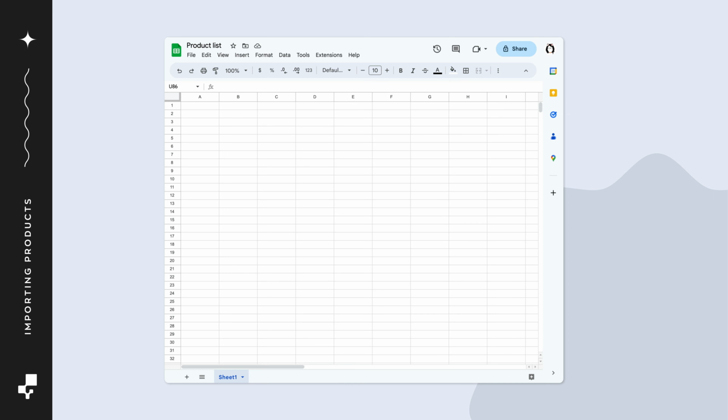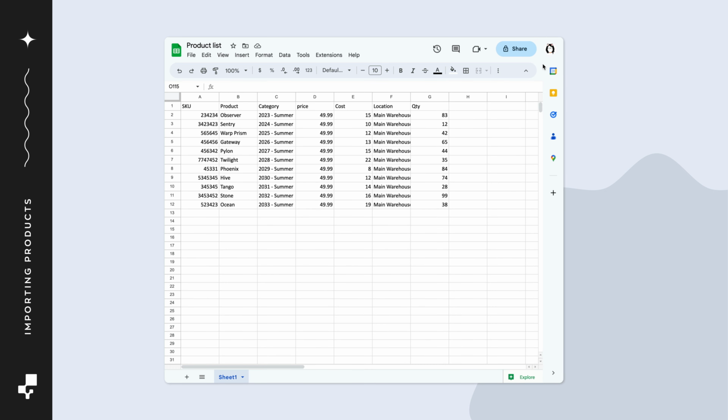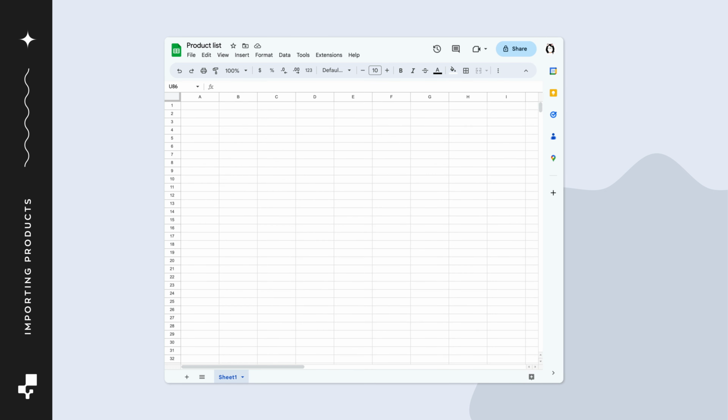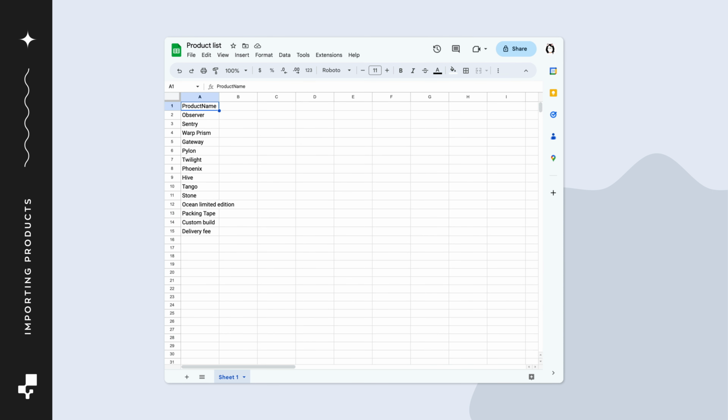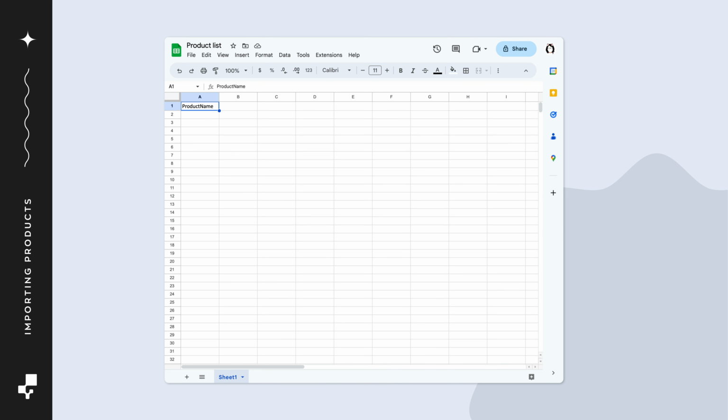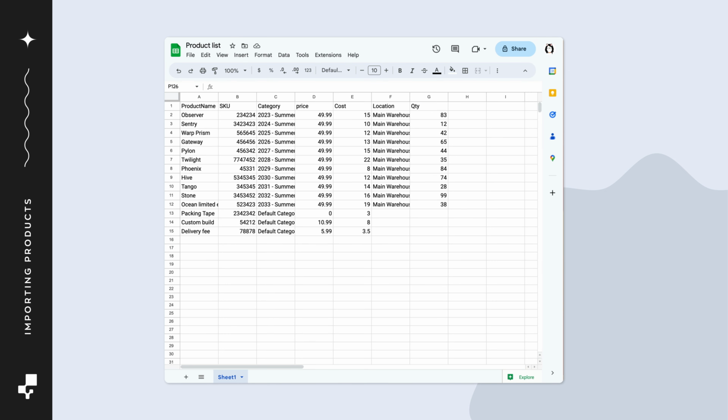You can make a list from scratch or use a product list you already have. When importing new products to Inflow, the only column you need on the CSV is the product name. All other columns are optional. So if you want, you can import only a list of product names and add the rest of the details later. If your products have SKUs, barcodes, and pricing, you can add those headings and fill out the columns below with that information. You can add as much or as little as you'd like.